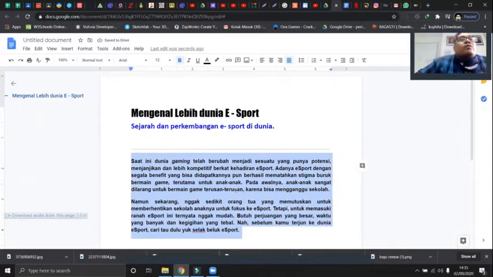Untuk if you want to create a news, usually the line of the news itu kita pakai justify, okay, rata kedua sisi. Jadi kalian bisa justify. And then if you want to giving the space